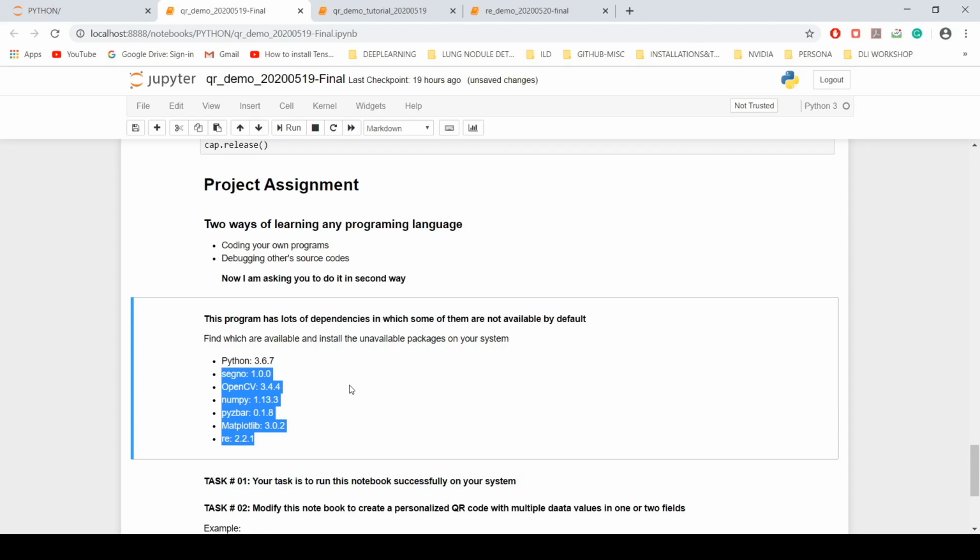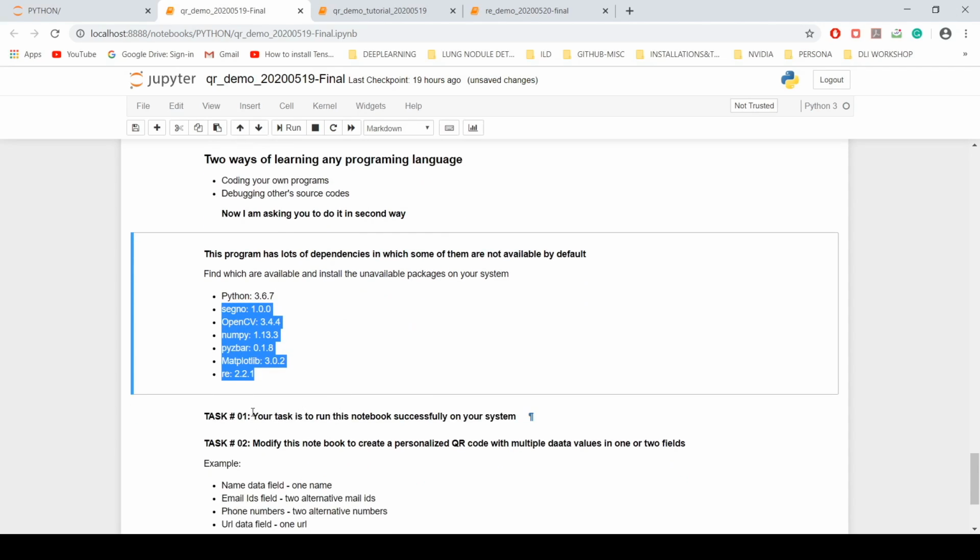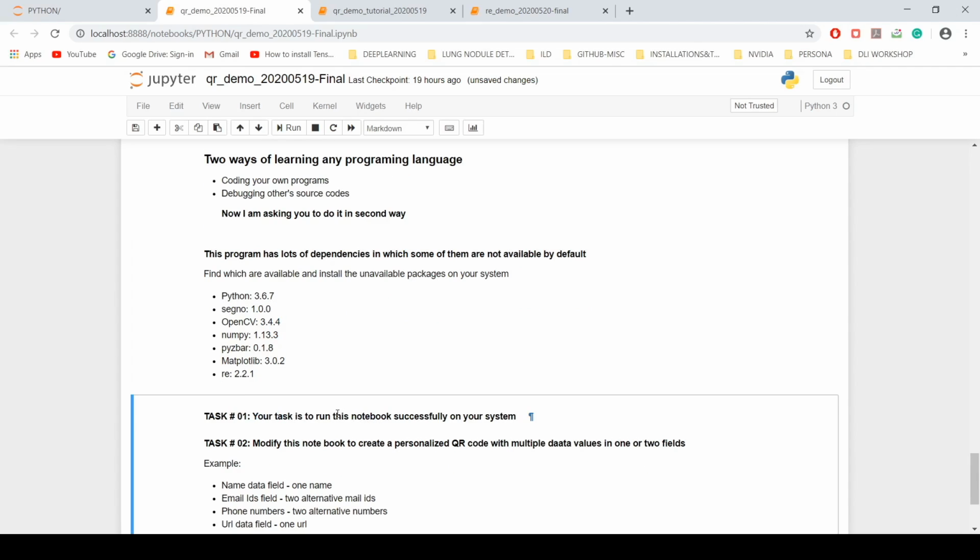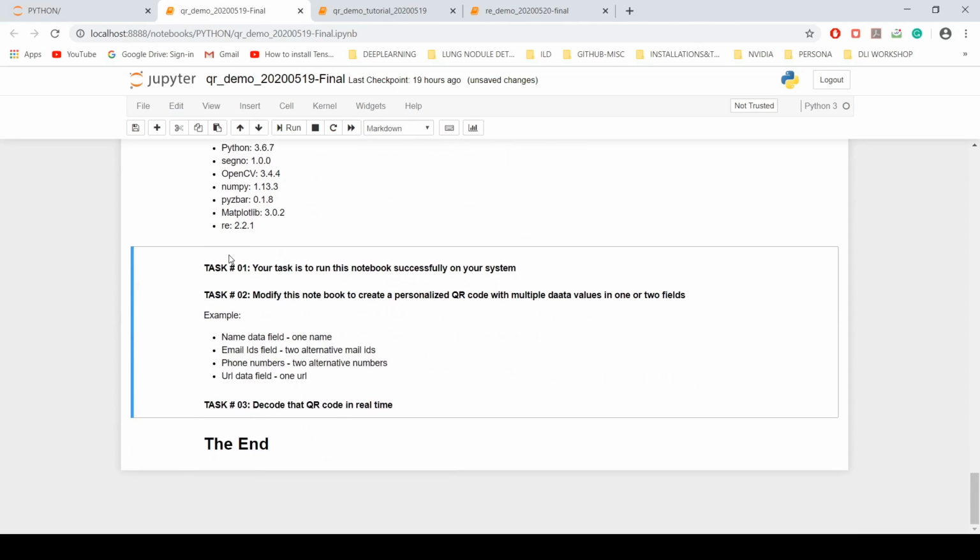Complete that first, and then as task one, you run this notebook successfully, and then modify the notebook to create personalized QR codes with multiple data values.